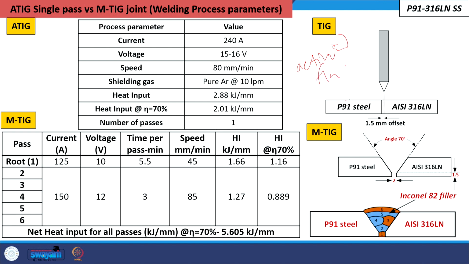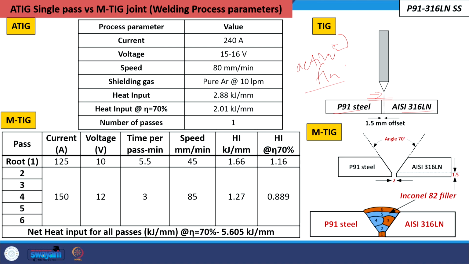the TIG welding. So what happens when the dissimilar metal combination like P91 and 316 are welded with a little offset? Offset is towards the 316 side because of the low thermal conductivity. Because our weld is shifted more towards the P91 side, we try to offset the electrode's axis towards the 316 side. This is one of the ways, and we also use the activated fluxes that help in realizing the greater depth of penetration due to the reversal of the Marangoni convection as well as constriction of the